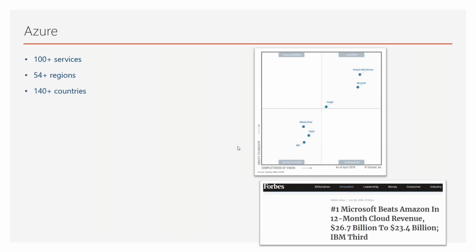The next image you see on top here is taken from Gartner. It says that Microsoft and AWS are basically the leading cloud vendors. In fact, they are the leaders in the cloud space. Google is also a leader, but it's still a bit far behind Azure and AWS. Apart from that, there are other companies who are investing heavily, for example Alibaba Cloud, Oracle, IBM, and lots more. These are all the cloud providers that are coming up in the market. They are in fact already there, but they are spending heavily in the cloud space.